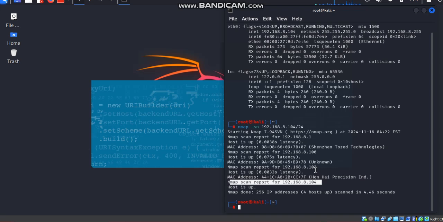How many do you have up? Okay, go ahead. This is one, two, three, four, five devices here, and it's showing six. And it's showing only one, two, three, four. It's only four.